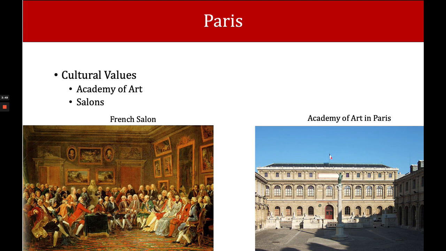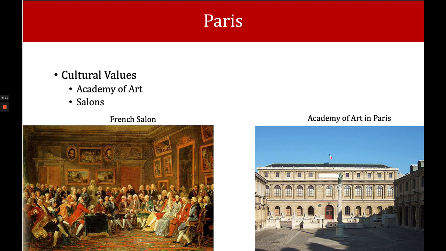We talked a little bit about this when we went through our discussion on Versailles Palace. Students won admission to the King's Academy and were sent to Italy to study for 5 years. We talked about how they had to work from 5 in the morning until 10 at night. Mainly what they were doing is copying and imitating the classical and Italian art in order to study what the Italians were doing, how they were able to create such beautiful art during the Renaissance, so that they could then replicate it for their king.